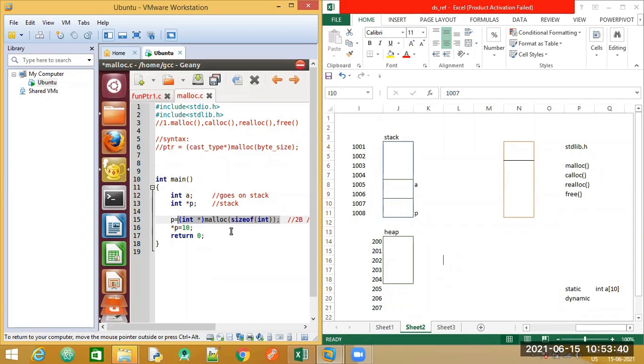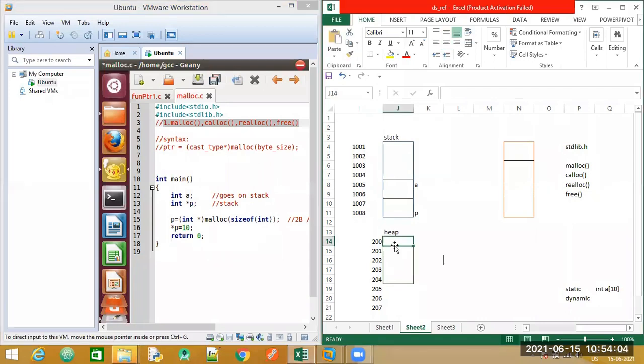Can you tell me where it will take up the memory space, whether on stack or on heap? On heap, ma'am. See, if you're confused, you should remember these keywords. We are talking about dynamic memory allocation. Whenever you come across these keywords, it means the memory will be allocated on the heap. So this is the heap section. Let's say I'll write malloc itself here. This particular section is taken up by the malloc function, and it requires again 2 blocks of memory since it is of type integer. Fine.